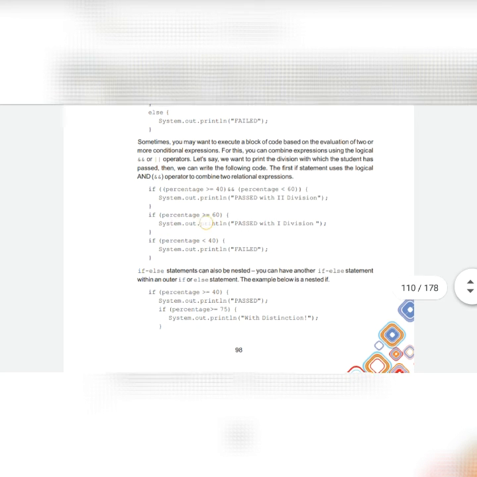Okay, in this case what we have done: if condition, its statement, and the block of code closed. The second statement we have written, if condition, then block of code closed. Then for the other one we have written a third if condition and the block of code closed, braces closed. But here, we are starting the curly braces for the first if statement, and inside that if statement we are writing a second if statement. So this is nested, that you are writing one if condition in another if condition.